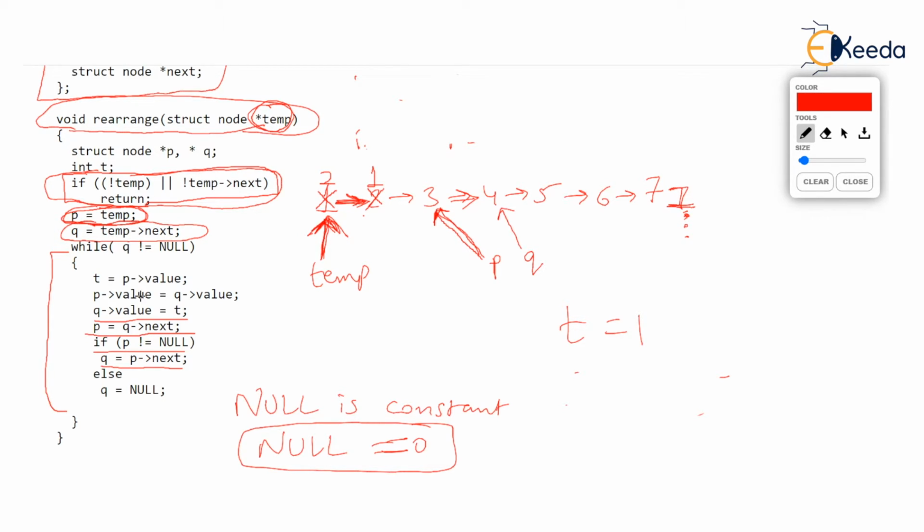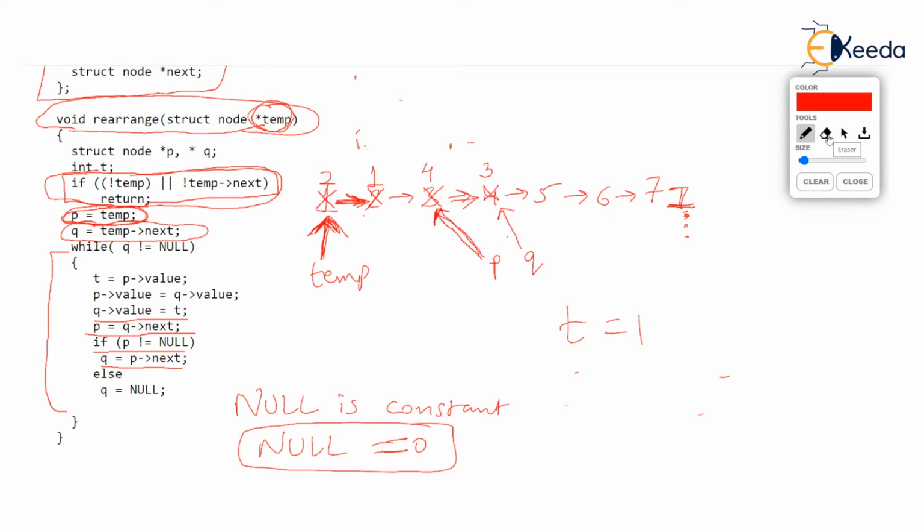We can't afford to run this again and again. But you know that 3 and 4 will get swapped, isn't it? Just check it. If you're not getting it, you can run it line by line, but 3 and 4 are getting swapped. And what will then happen? Yes, p will point to 5, the next to next node, and q will point to 6, the next to next node. I hope you're understanding.